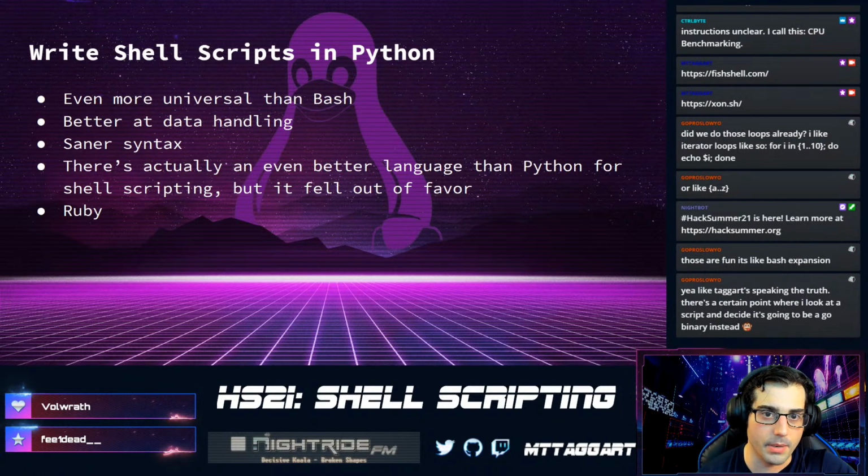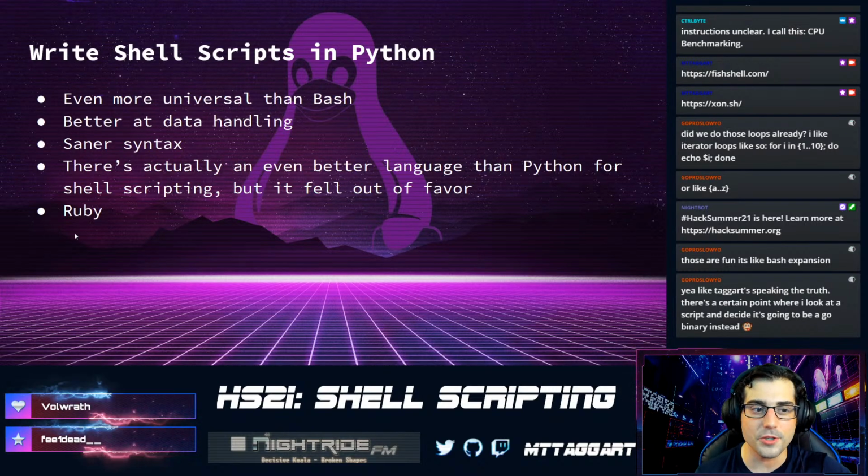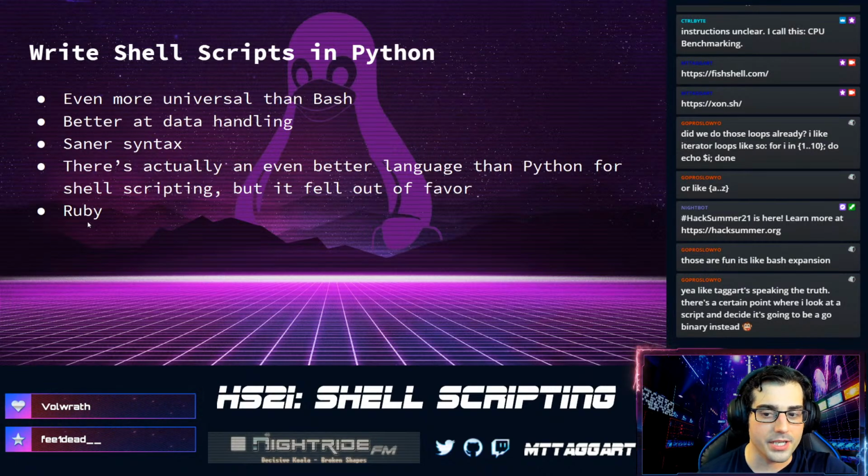So I needed a compiled binary, and so I wrote it in Rust for that reason. So yeah, it happens. But if there are any brave souls who try to write a shell script in Ruby, you try it and tell me how much you like it, because I think you will. And I think you'll be surprised by how competent the Ruby programming language is for doing your shell scripting.